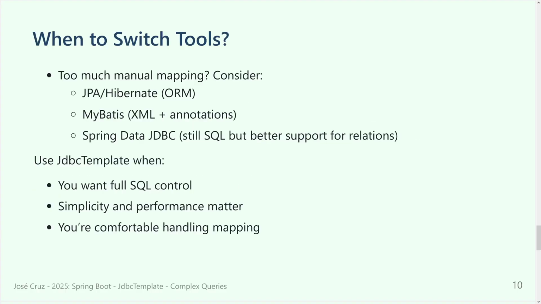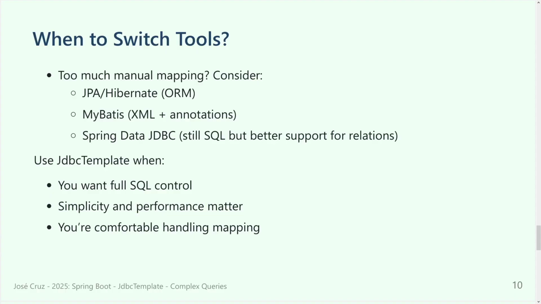When to switch tools: JdbcTemplate is great to simplify a lot of things, but it's not good if you have to handle a lot of joins because it will be on your side to build everything. And if you are returning just a few rows, maybe Hibernate is a better approach because you don't have to provide the queries, you just have to explain what the relations between the entities are, and Hibernate will do everything for you. But of course, if you are doing queries that return, for instance, thousands of rows, Hibernate is not a good approach. If you need simplicity and performance, in this case, maybe